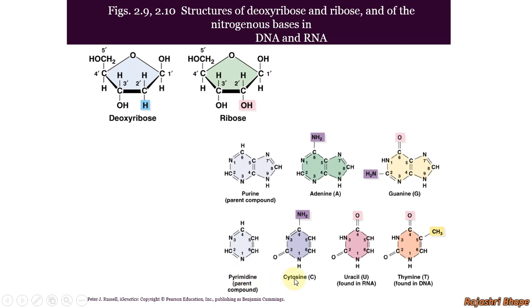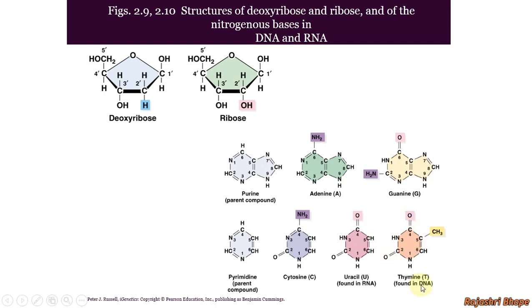Then cytosine is 4-amino 2-oxypyrimidine. Uracil is 2,4-dioxypyrimidine. And thymine is 5-methyl